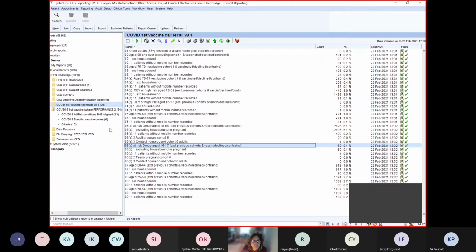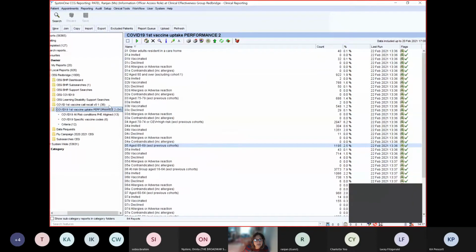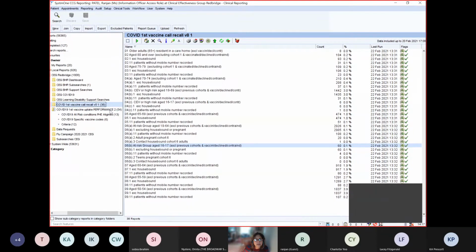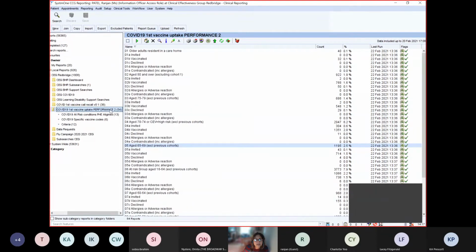Ranjan, can you open that folder in same core recall, but is there other stuff in that folder to open? No. So that's everything in that folder, is it? Yes. Okay. If we look at the other folder, which is the